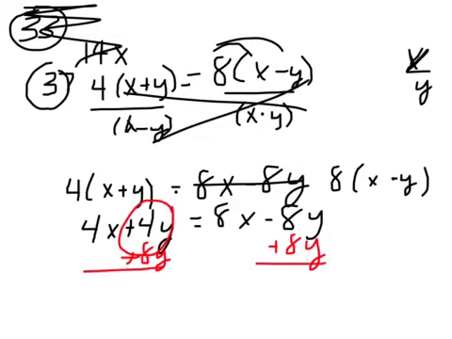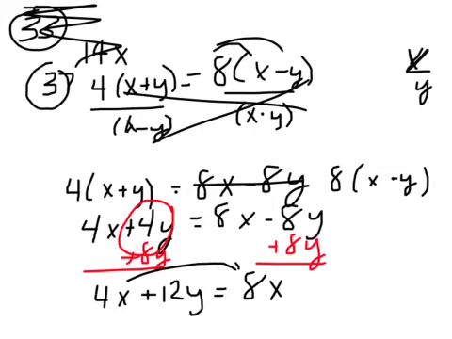Okay, so you'd have 4x plus 12y is equal now to 8x, right? But the x's aren't together, are they? But couldn't I move these x's over to be with those x's? So I could subtract 4x. It's working out better than I thought it was going to. So now I have 12y